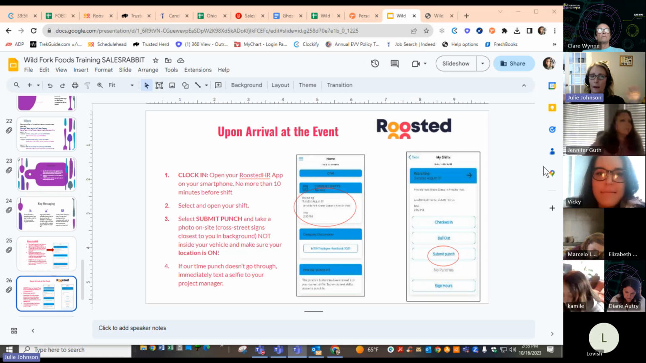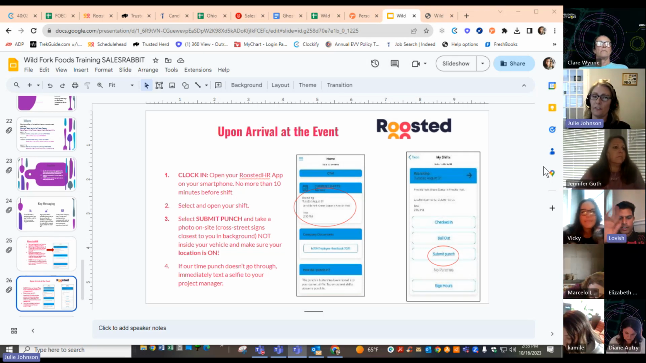First day, just make sure you're capturing the scenery around you. But if you are on site where you're going to start, make sure you have